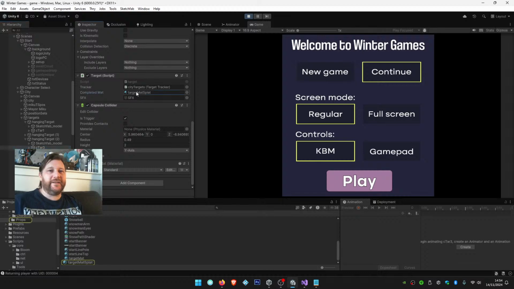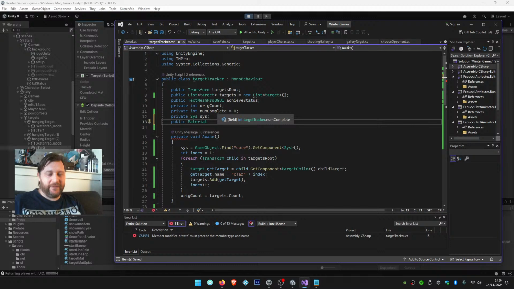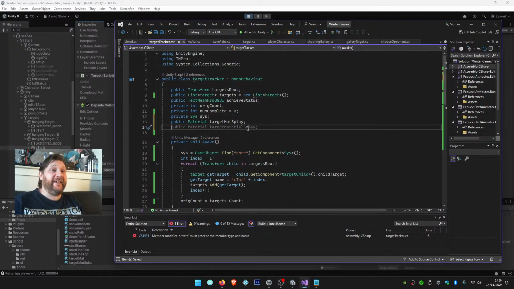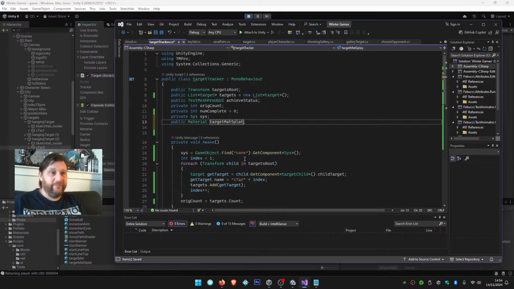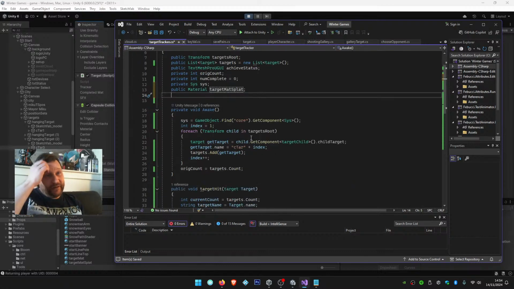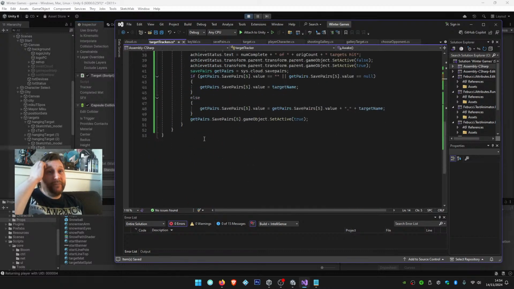There it is, target mat splat. I like to keep things consistent, so we'll give it the same name. Target mat splat. Okay, so we'll assign that, and then we're going to write a public function